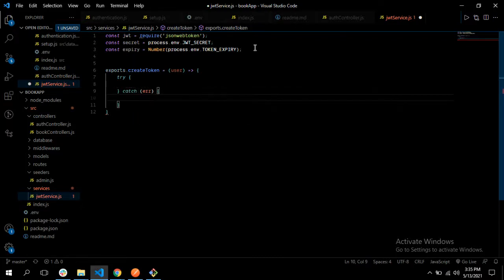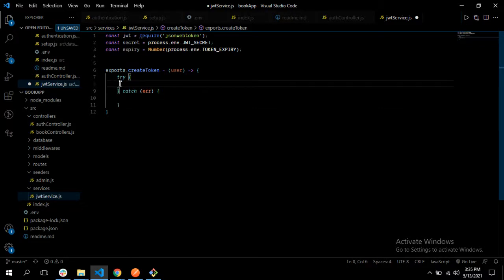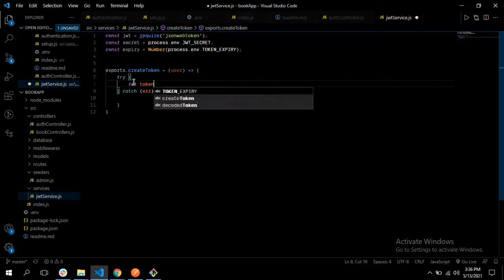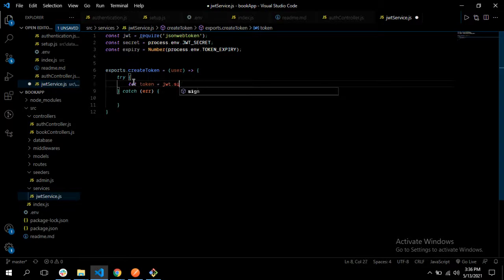I'm not sure if you have seen this syntax, or if you haven't, what it does is that it would evaluate this block of code right here and attempt to proceed to a result. Now, if any error happens, it will run the block of code that I have here. So then I do not need to use callbacks, error callbacks for this code. So I just need to say return, or let's just say let token be equal to jwt.sign,